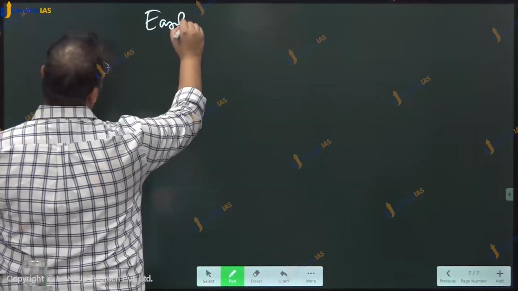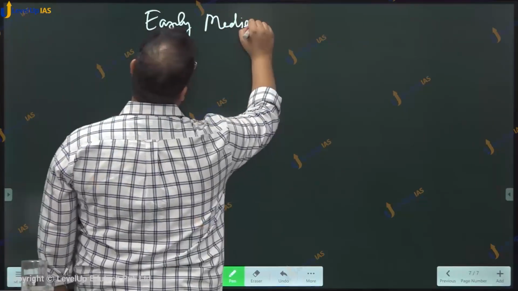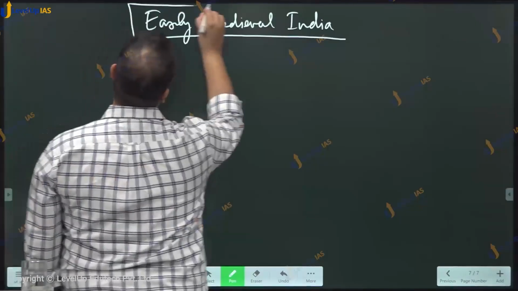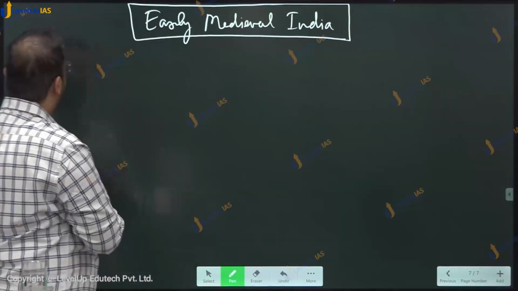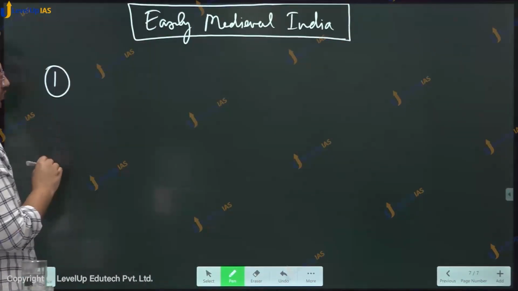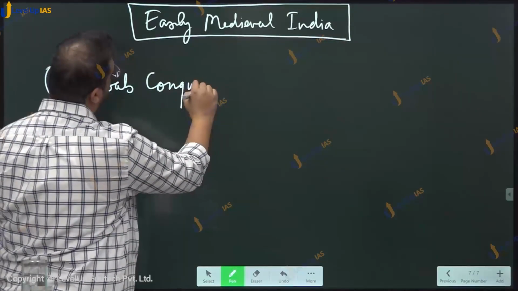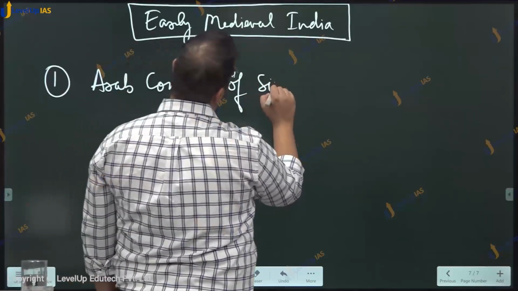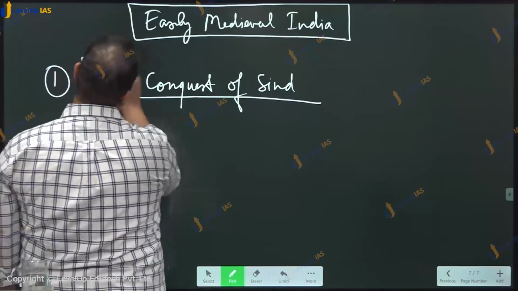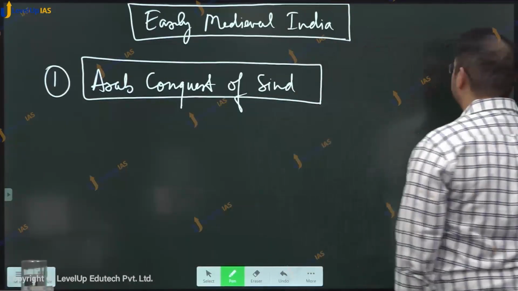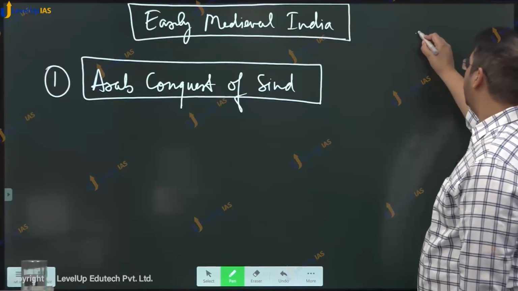Now coming to the very first theme, that is early medieval India. First topic that we need to cover is the Arab conquest of Sindh. On a map of the subcontinent,